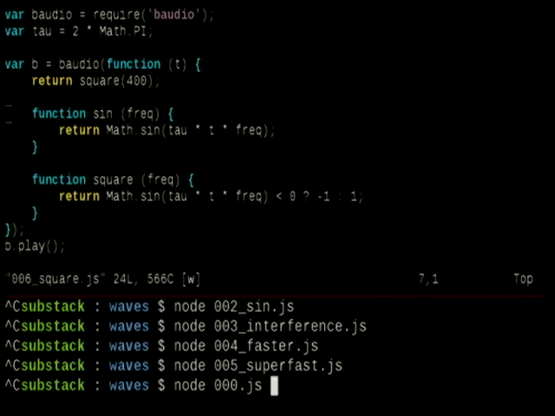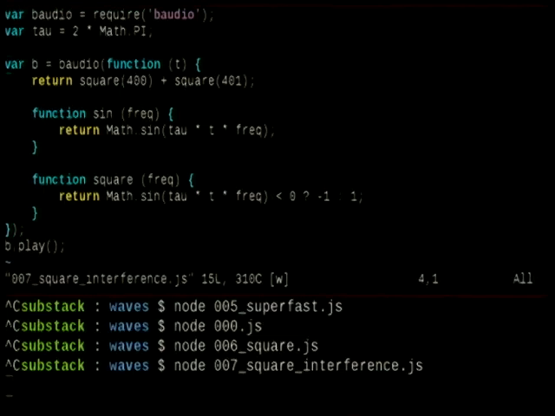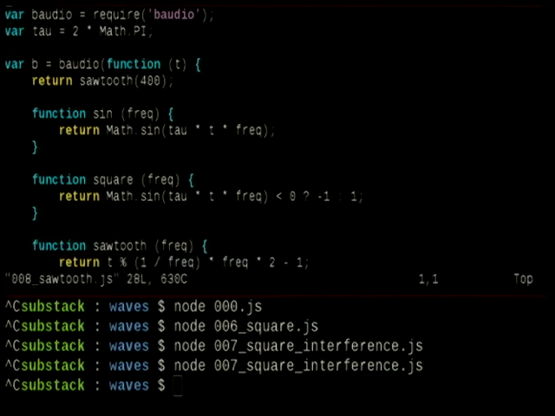So here I'll run the sine wave first. That's the sine wave, and this is a square wave. So it's much louder, first of all. That's because it's spending much more time at the poles of the equation. So it's like top lining and bottom lining it. So it's louder, first of all, but it also gives it a different timbre. You can get these constructive patterns with square waves too, and it gives a similar kind of effect, but it's a little bit different. Okay, maybe not. I guess that is different, but yeah, anyways.